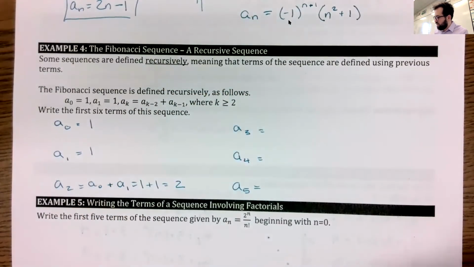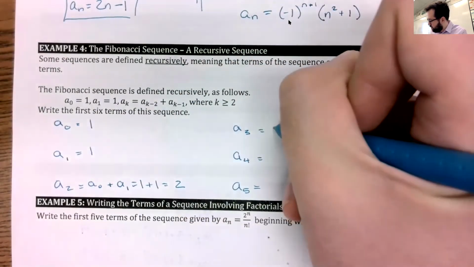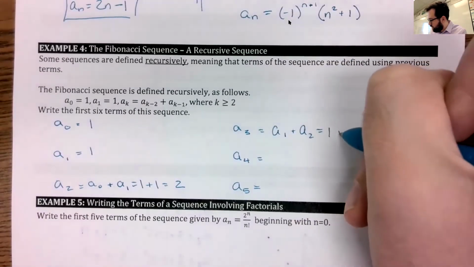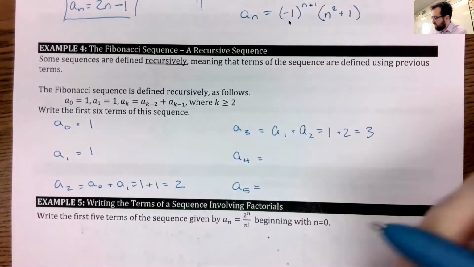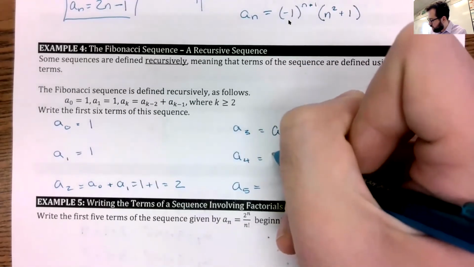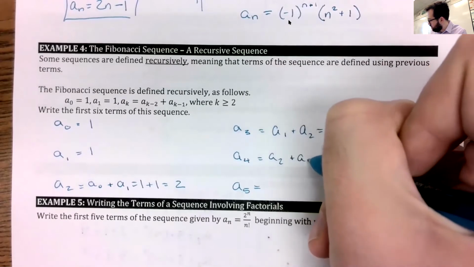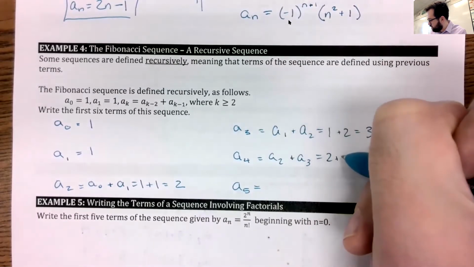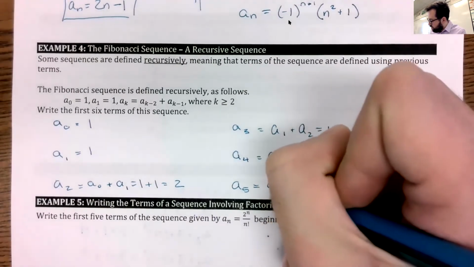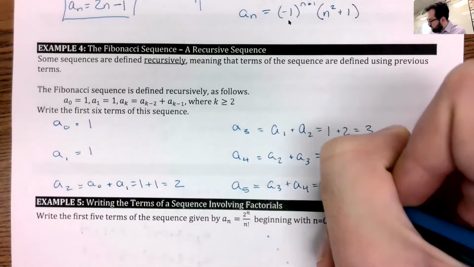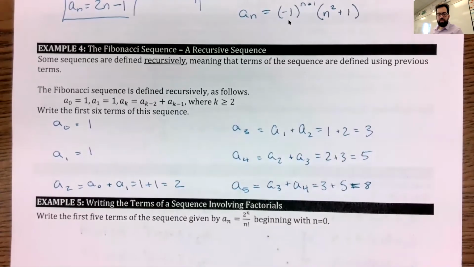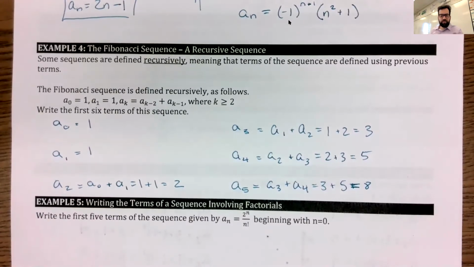So we get 2. A sub 3, if we follow this pattern, it's going to be a sub 1 plus a sub 2, which is 1 plus 2, which is 3. A sub 4 would be 2 plus 3, or a sub 2 plus a sub 3. So it's 5. And a sub 5 is going to be a sub 3 plus a sub 4, so 3 plus 5. So we get, oops, that should be equals 8. Okay, so